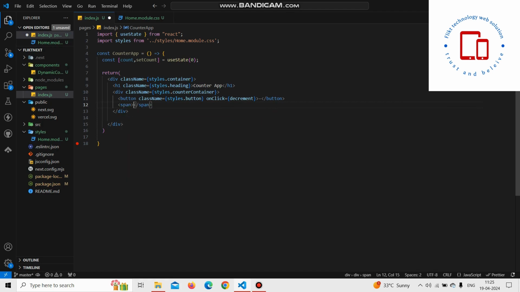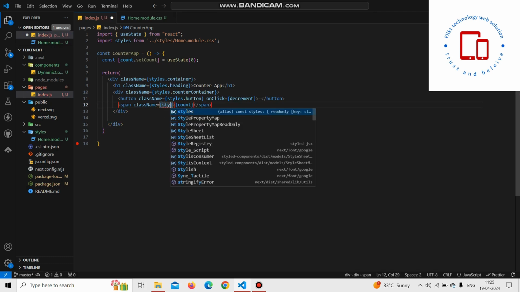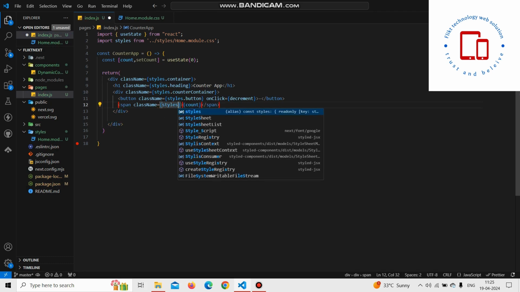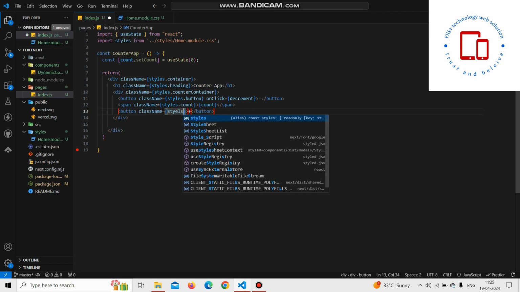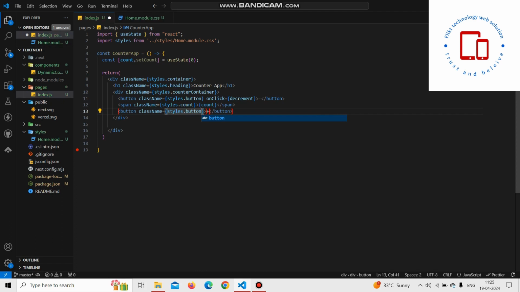Next I am going to use a span tag and I am going to give a count and a class name of styles.count. Next I am going to create another button for plus and a class name styles.button, onClick increment,